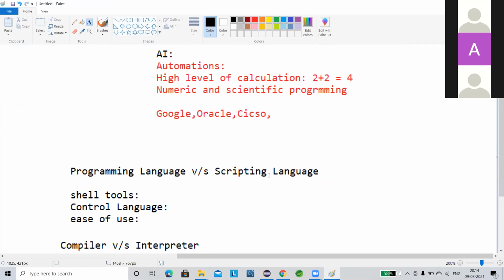What do you mean by less accuracy? I am talking about accuracy related to time complexity, not the output. That is one drawback that I found: Python sometimes takes a little more time than some other programming languages.